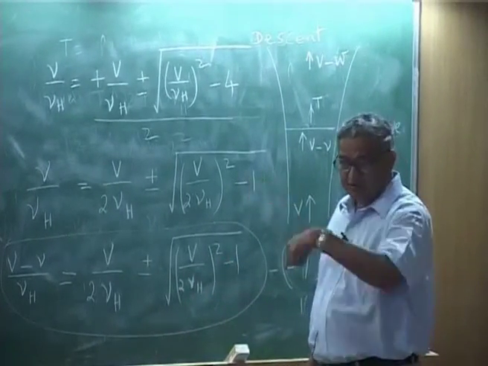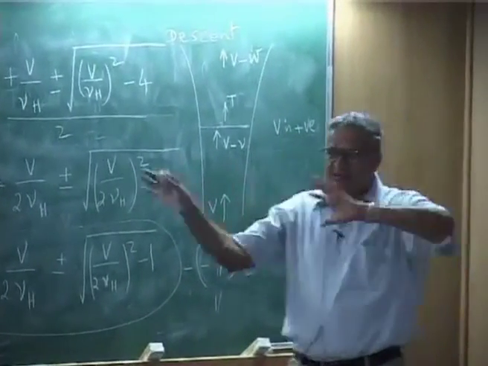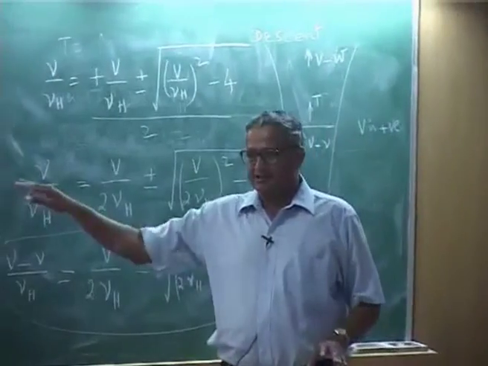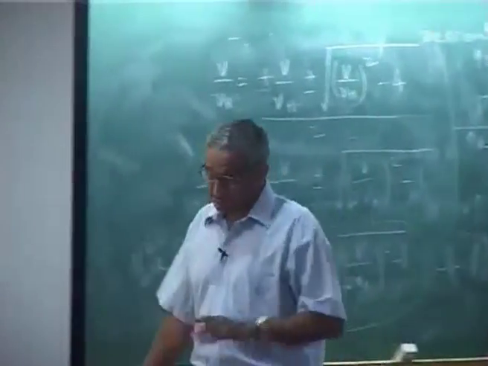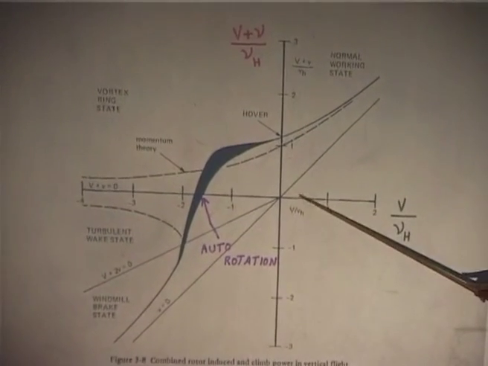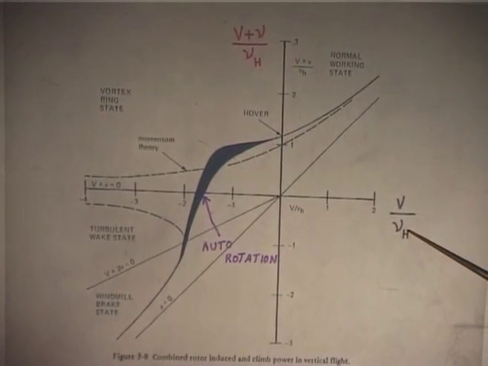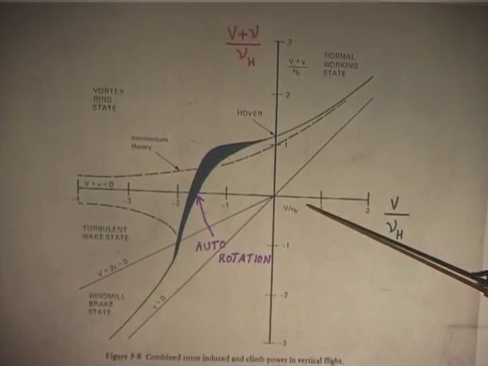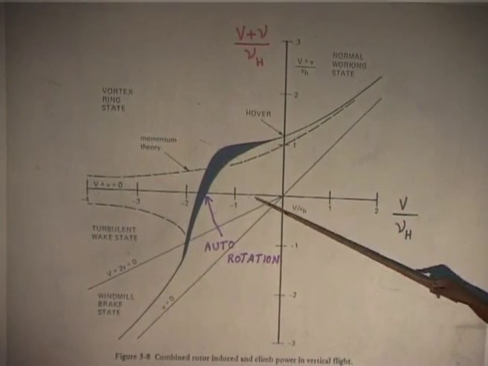You follow? That means when the velocity is descending, I will put a minus V. If it is climbing, because you will find that expression I get, I do not have to keep changing the curve. I will show the diagram, then you will understand. Maybe if it is confusing, I will tell you again. You see, V over nu h positive means I am climbing,